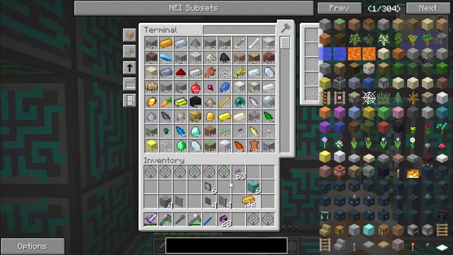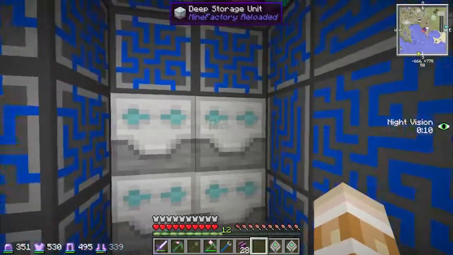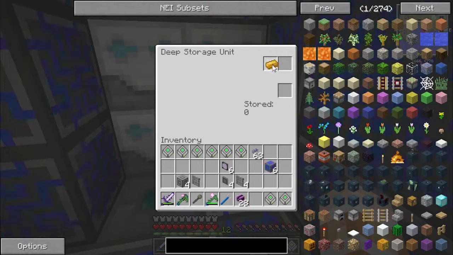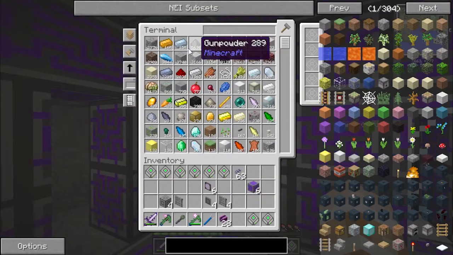Grab out the copper, and I'm pretty sure you only need one. So which one of these was the cobblestone? It was that one, so we'll make this one copper. We will then make one of them tin,